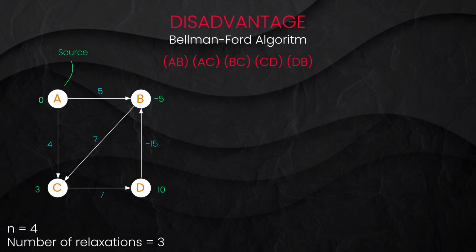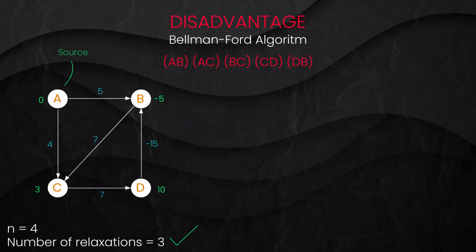So according to the Bellman-Ford algorithm, what is the number of iterations? The number of iterations will be 3. So did we get a solution in it? Now we have to check it. Let us do one more iteration as a trial. As per the Bellman-Ford algorithm, the iterations should stop at 3. So let's run the algorithm one more time.